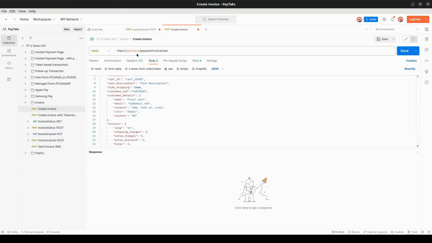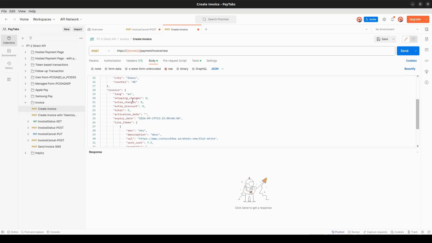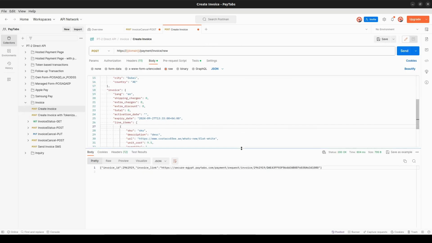We will be sending a request that looks like this to an endpoint that looks like this. We will be learning more about this request and all the details inside it later in this series, but for now we just want to take the simple idea. We are sending a request to an endpoint. By doing that, we will be receiving an invoice link and an invoice ID, of course. Then you can use this link. If we copy this link like this,